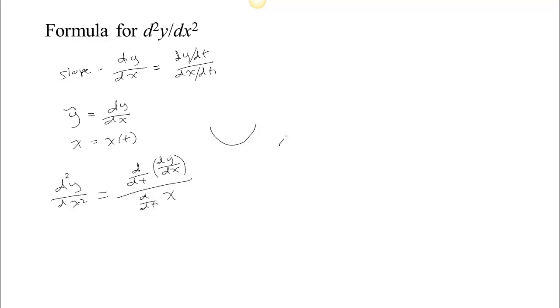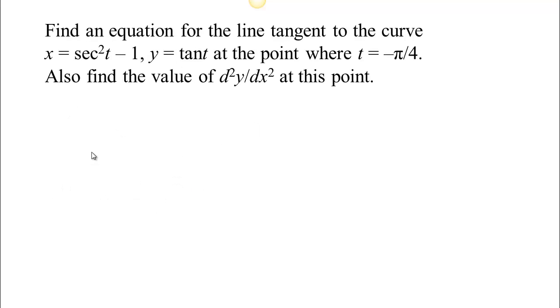If the second derivative is negative, then the graph is concave down. So that's what that measures. Let's see if we could apply this to a particular example. Say it says find an equation for the line tangent to the curve x equals secant squared t minus 1, y equals tan t. That's a parameterization, isn't it? Because our location is given as a function of this parameter t at the point where t equals minus pi fourths. Also find the value of d squared y dx squared, the second derivative of y with respect to x,